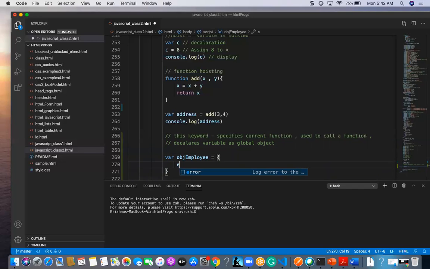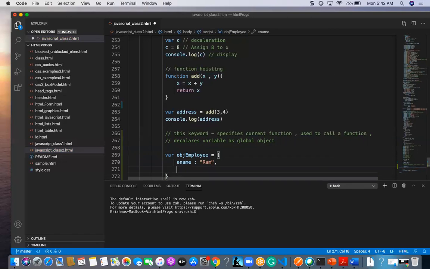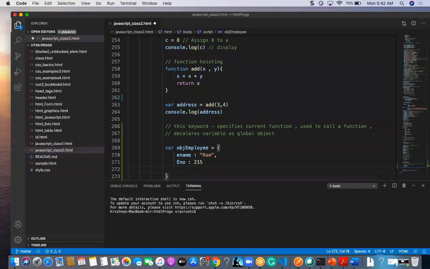Let's suppose some ename, and also I have an e number, some 215, and e salary, some 25,000.